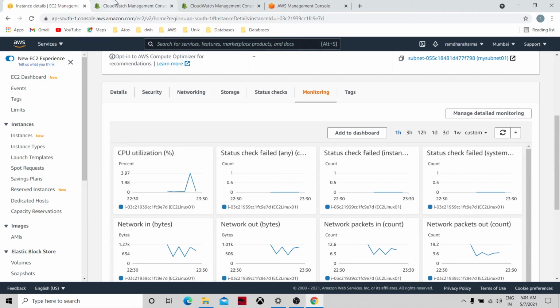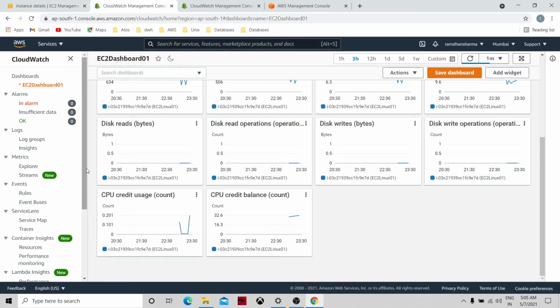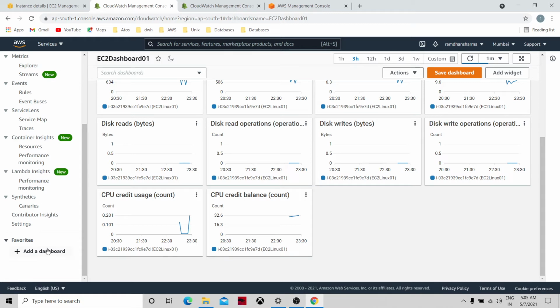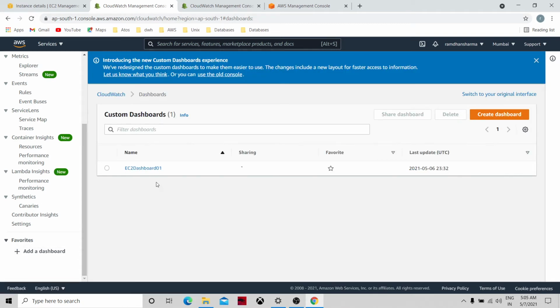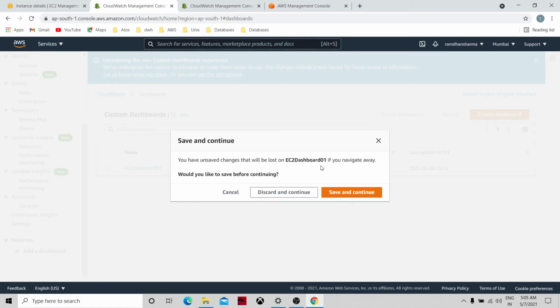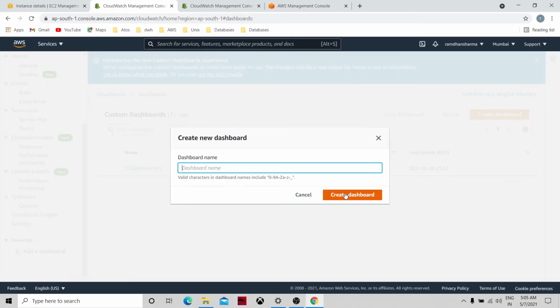One more way to create a dashboard is to go to Favorites, then Add dashboard, and click here to create the dashboard. I'm just saving it. I think something was not saved. I need to give the dashboard name. Let's create another dashboard for the same thing, EC2 dashboard 02.